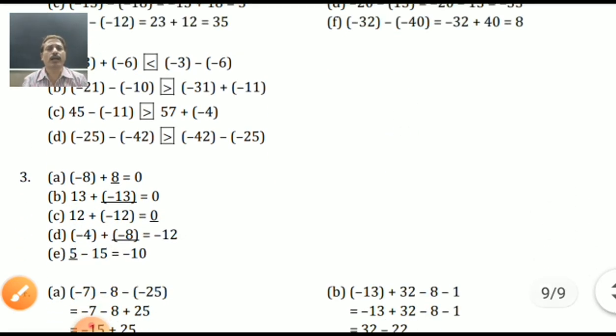Look here. What can you add to become 0? Negative 5, negative minus 8? 8 only. Plus 13, the answer is 0. What is the addition? Minus 13. Correct. For 12, if you want 0 as the answer, make it minus 12, son. Minus 4 and minus 12, if you want, what will you do? You can add minus 8. 5 minus 10, if you make 15, you will get minus 10.